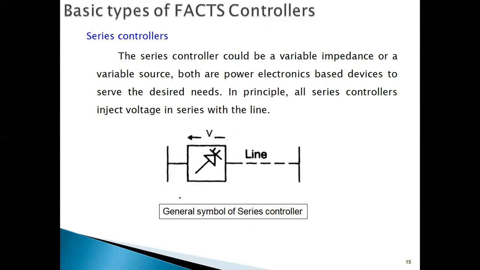So see, this is the symbol for a series FACTS controller. It is connected in series in the transmission line, and see the voltage arrow mark. It is opposite to the current flowing through the transmission line. So that means it will try to compensate the voltage drop. Now the series controller can be a variable impedance, for example TCSC, whereas for variable source